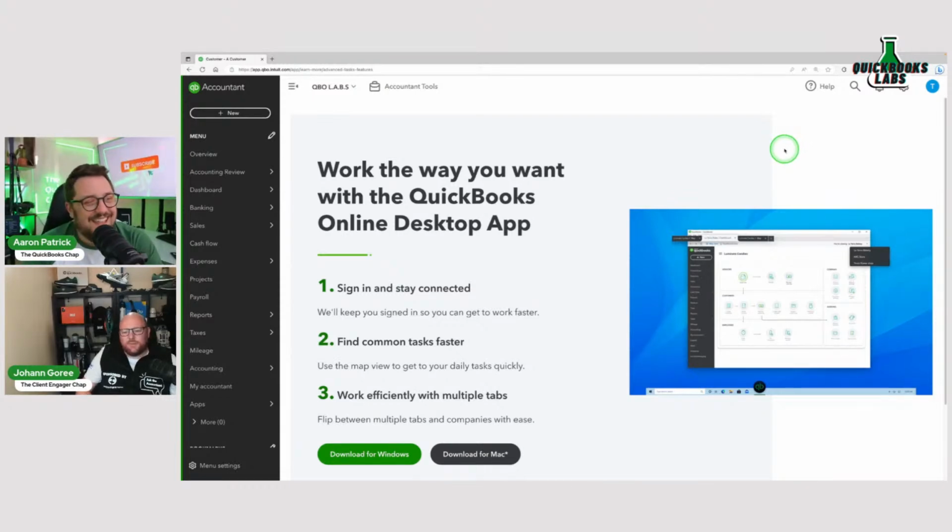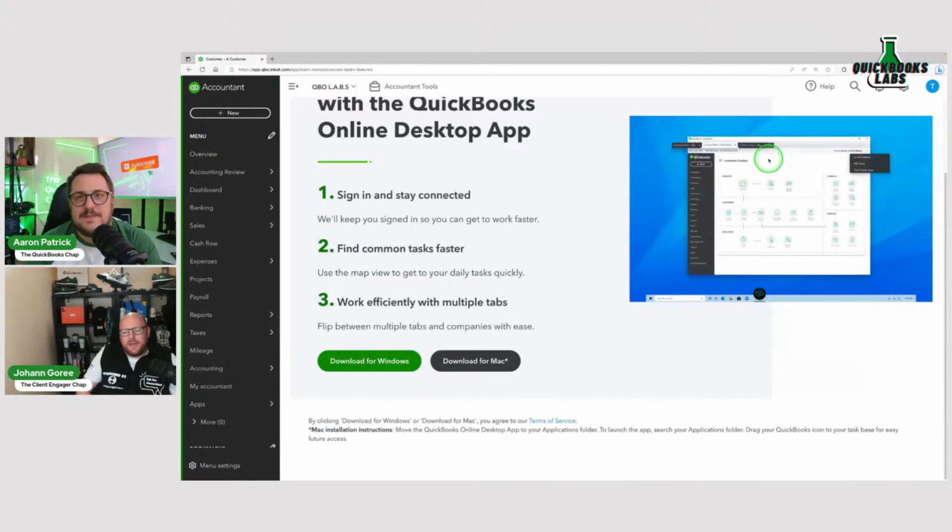There was always a desktop app available, wasn't there, for Mac? I remember there being one available to download for Mac, and I always had performance issues with it. Oh yeah, it's not a great experience to use it in any way.